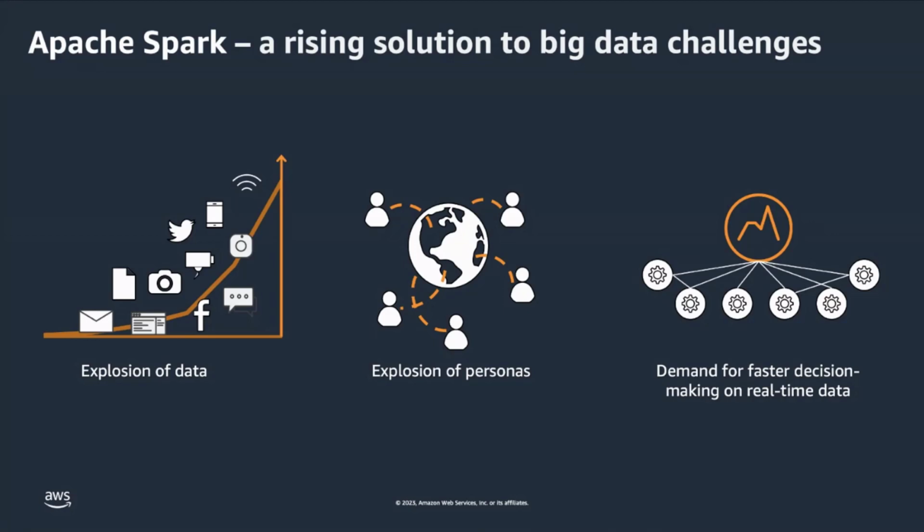Along with it has also come an explosion of personas, a number of different business units and organizational customers that actually need access to that data in order to drive faster and better decisions, the types of decisions that help differentiate them in their business, right? So, how does Spark help with this?